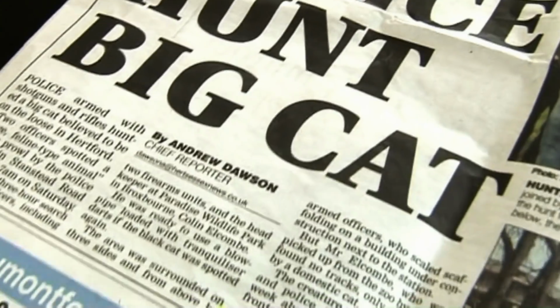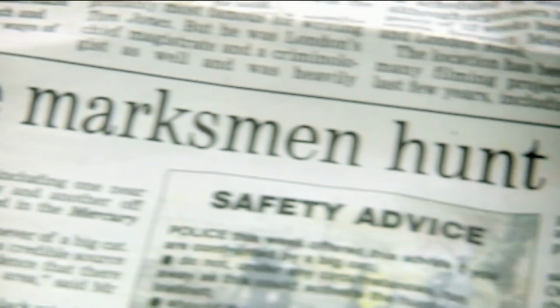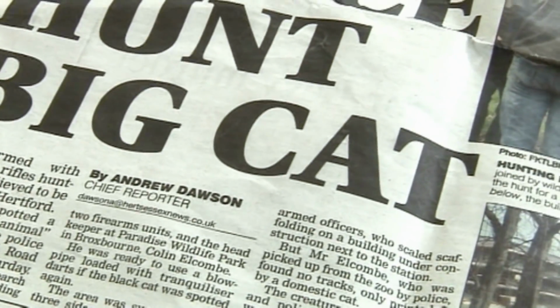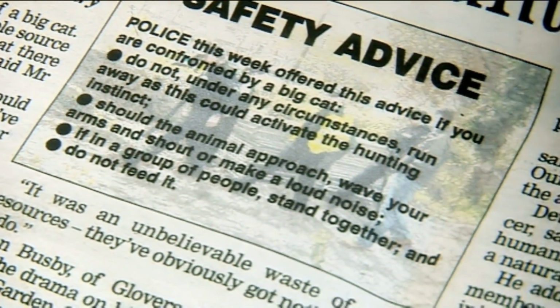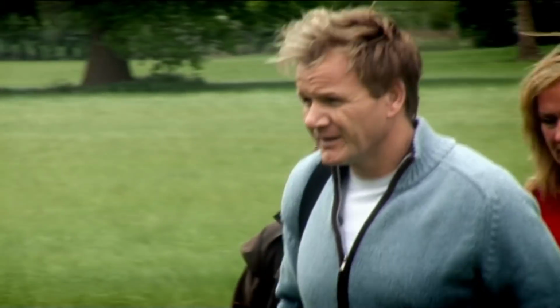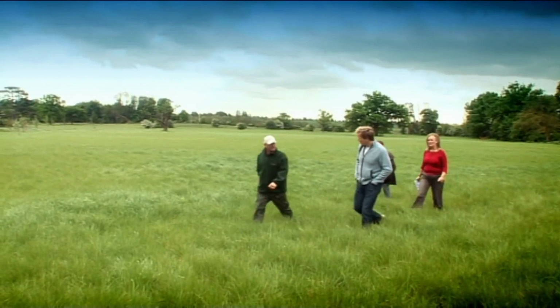This is recent. This is a piece in the local newspaper of a possible wild cat on the loose. I heard back from the vet. Worryingly, her autopsy couldn't rule out a big cat attack, so she sent the results to a specialist forensic scientist for a second opinion. With so many questions, I had to find out what happened to Charlotte, so I returned